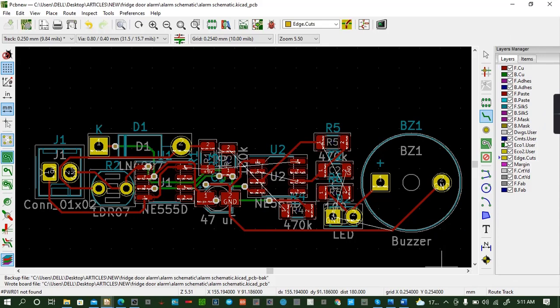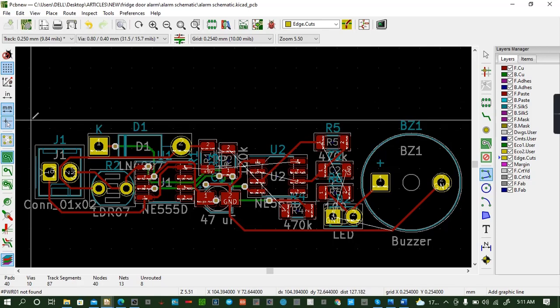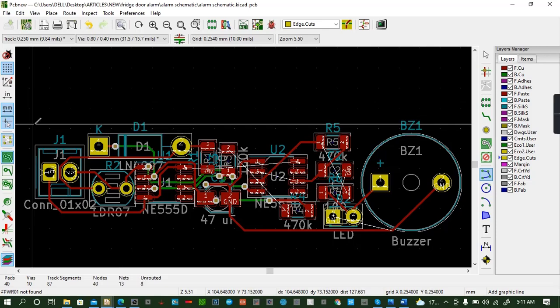Then you can add some edge cut, which will define the size of your PCB. And this one is done like this. So you can activate this one to help you measure the grid to the point where you want to make sure that you have your